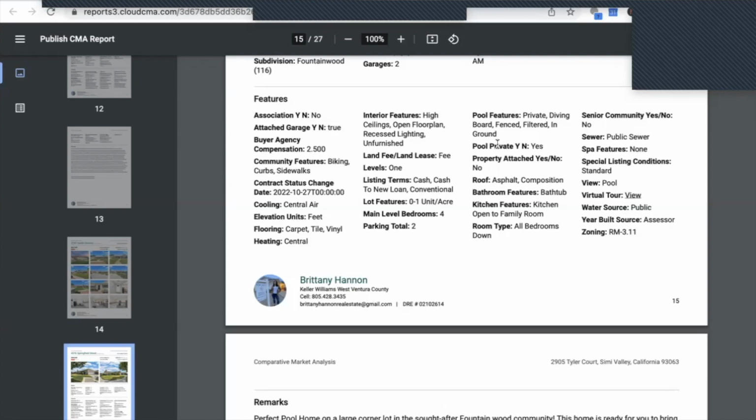If everything they're seeing for $750 is fully updated, is move-in ready, and your subject property is not, it needs to be updated, then that tells you, okay, we need to lower our price. Maybe we need to come in at $700. Maybe we need to come in at $640. Whatever that is, that's what we're looking at. We're not just comparing it to the price in your small little town. So that's when